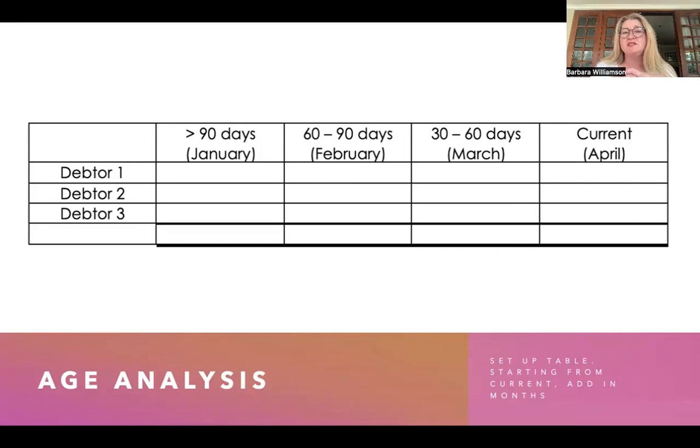Basically what you do is you've got columns showing how old is the debt, and you've got rows for each of your debtors with a total at the bottom. Sometimes you might be asked just to do the totals. Sometimes you'll just be asked to do it for one debtor. But the important thing is just make sure that you lay it out clearly and you understand what is actually